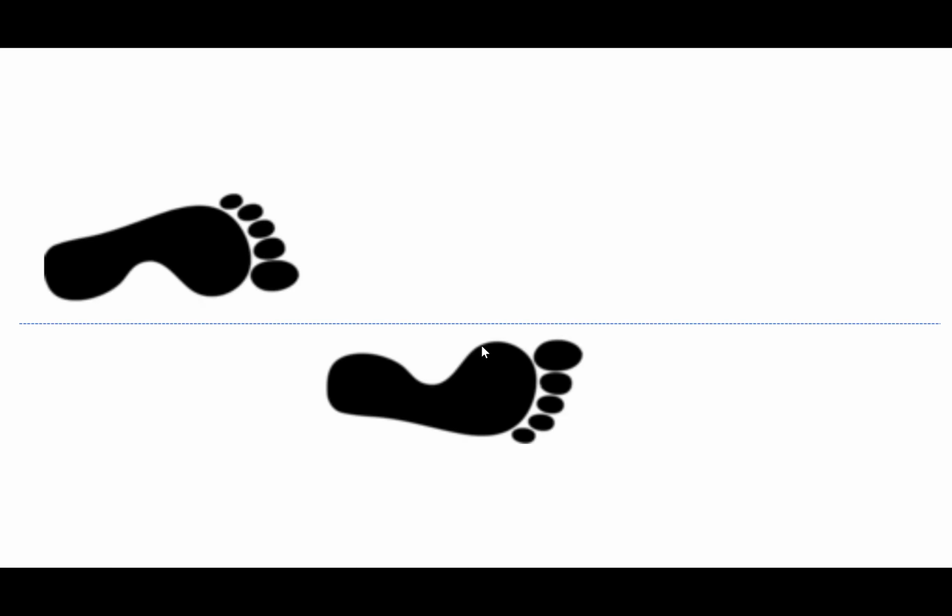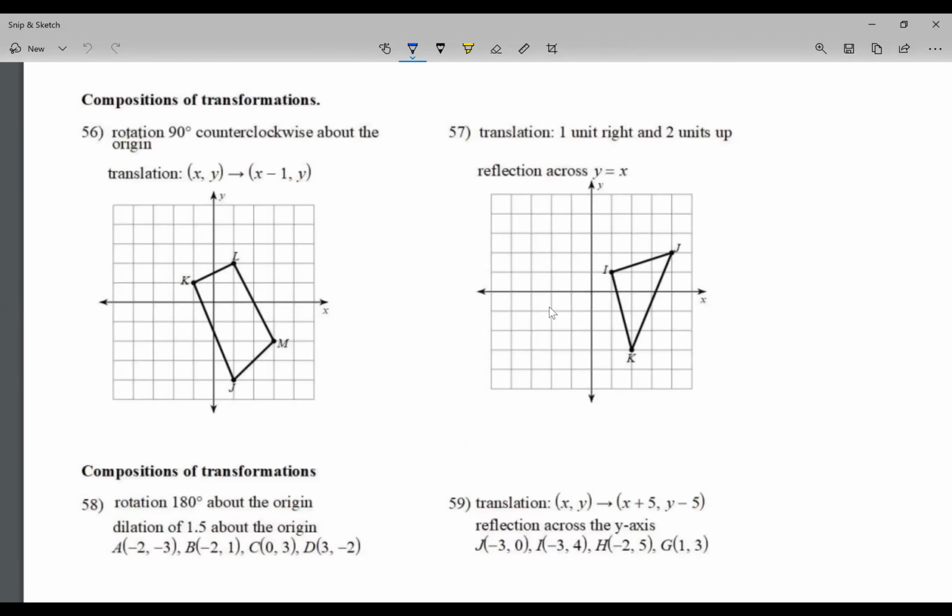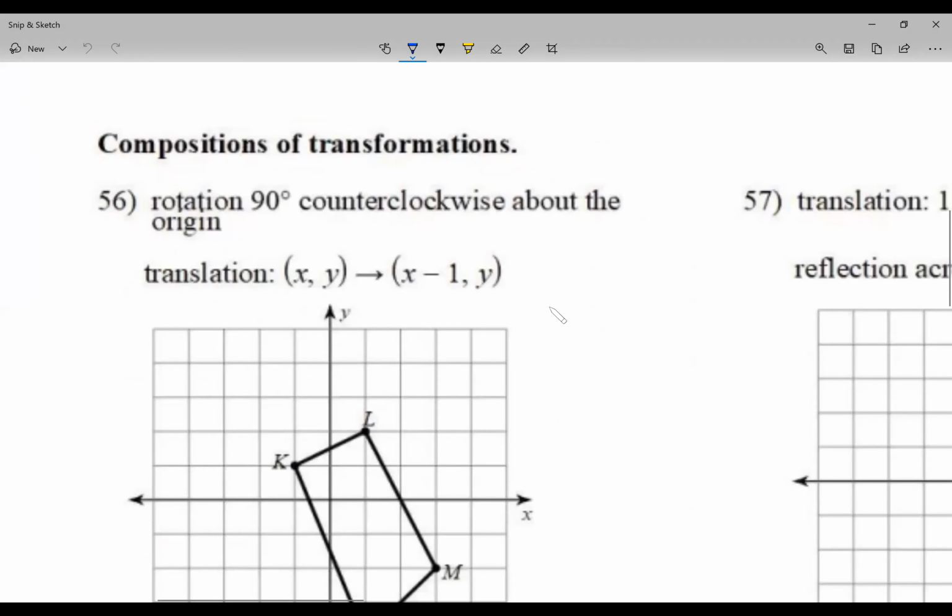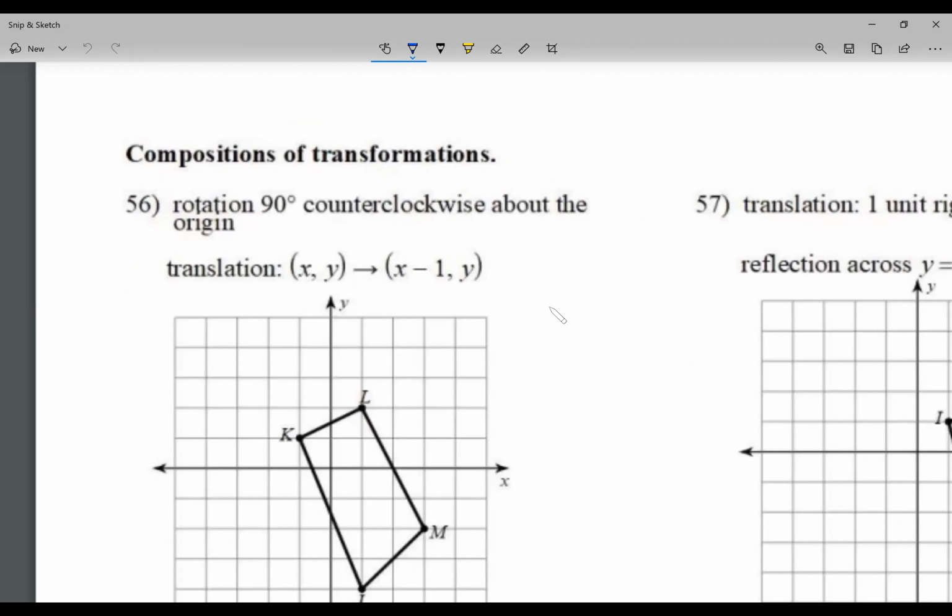But let's take a look at our work. Exactly how is this going to look? So I'm looking at 56. According to our notes, but remember I gave you guys formulas in our notes, that's question number 35. According to our notes, I see rotation 90 degrees counterclockwise about the origin. So let me zoom in here. According to our notes, 90 degrees counterclockwise, it says that (x, y), let me write this down in black, it says (x, y)